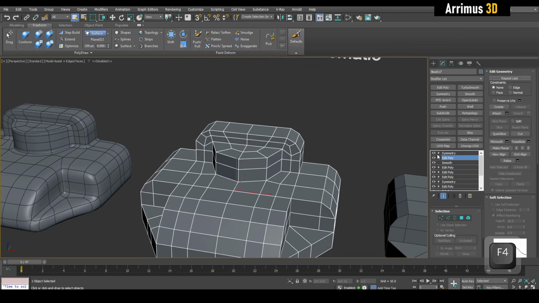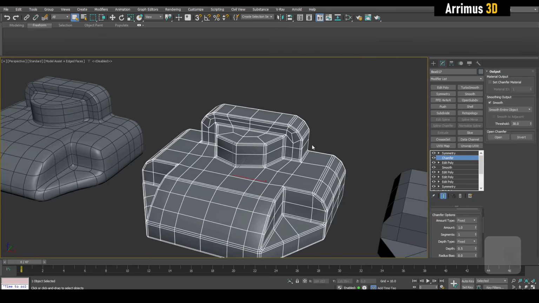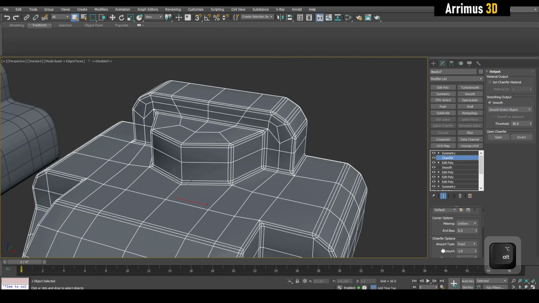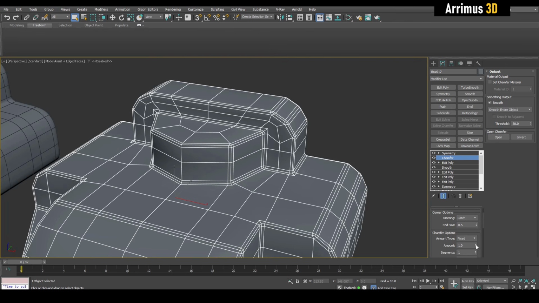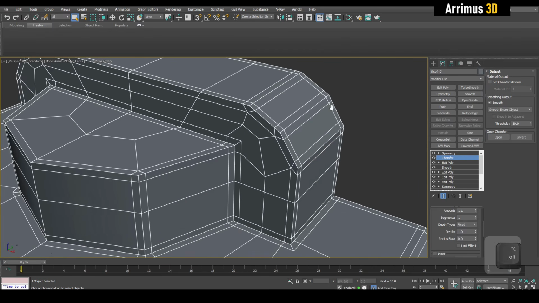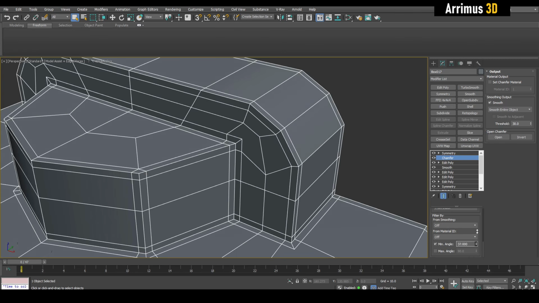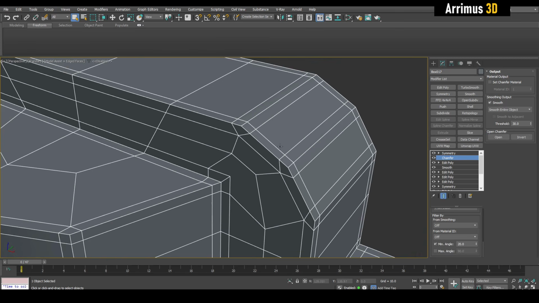With this method, we go ahead and we apply a chamfer modifier. Right, and we have some options here. Make this a patch. We'll have this size, this amount. We'll go ahead and change the depth to be 1. Alright, and we turn off the minimum angle increase, because you notice right now it's adding support loops